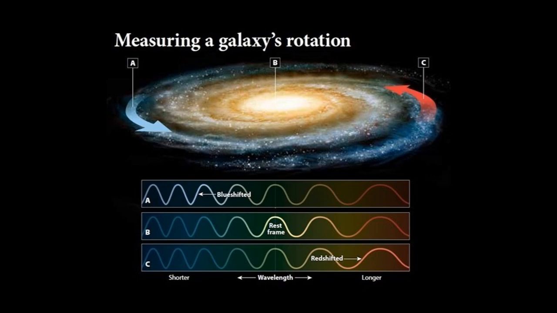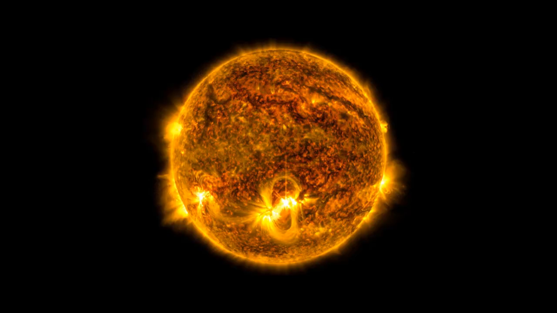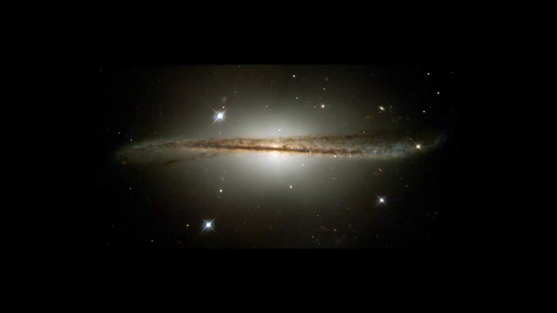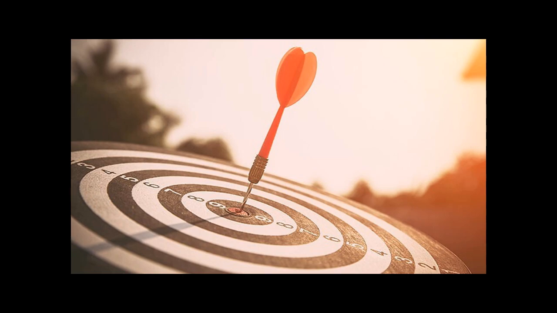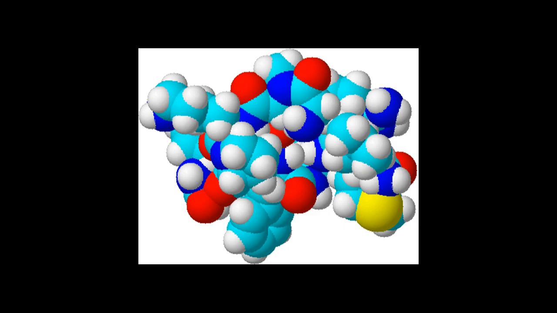And she found that the stars on the edges of galaxies were moving just as fast as those close to the center. And this shouldn't happen because the stars close to the center of a galaxy will have a much stronger gravitational pull, and they'll rotate much faster around whatever the center is, like a star or such. But objects at the very edge of the galaxy won't be as close, so their gravitational pull will be weaker, and therefore they'll rotate much slower around the center. But according to her studies, they were rotating at the same speed. And there had to be some other kind of mass or substance that was causing this to happen.